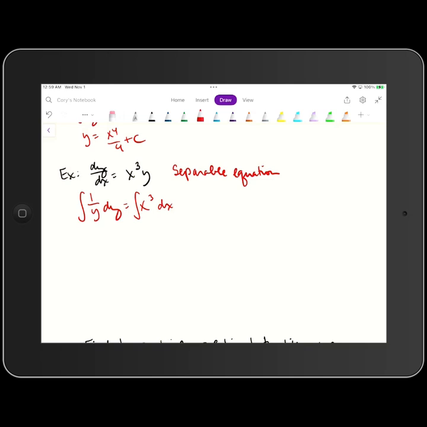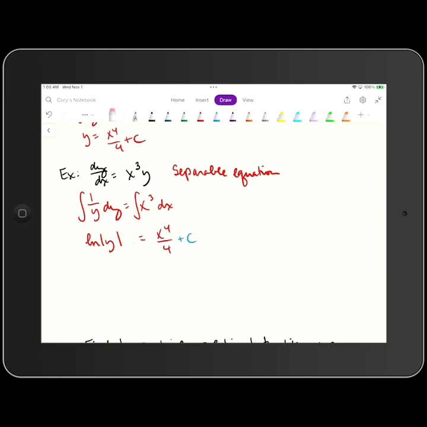Okay, so if we take the integral of the left-hand side, that would give us the natural log of the absolute value of y. When we integrate the right-hand side, we get x to the 4th power over 4. Now, realistically, we would add constants to both antiderivatives, but how we typically work through this is we